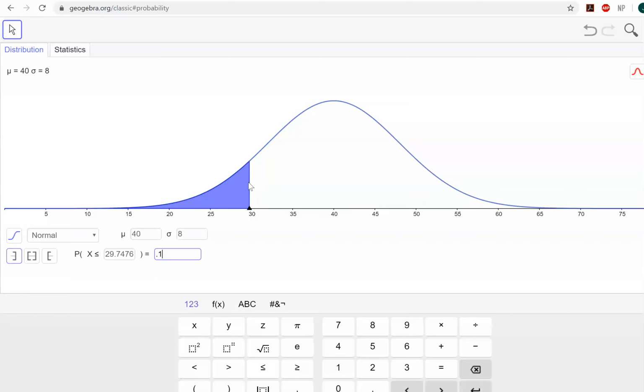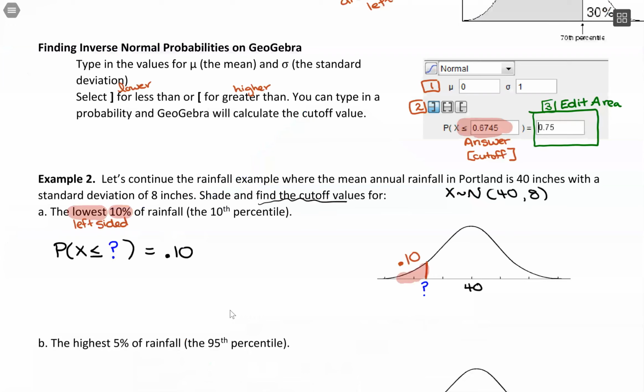It's landing at 29.7476. So that's our solution. And what's coming out, our answer isn't a probability anymore. It's a value for x, which in this case is representing rainfall in Portland. So my sentence, we're looking for the lowest 10% of rainfall. I could say the cutoff for the lowest 10% of rainfall in Portland